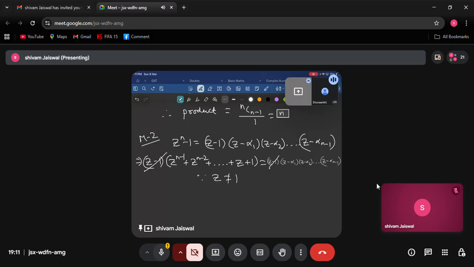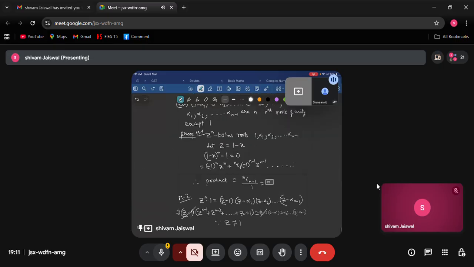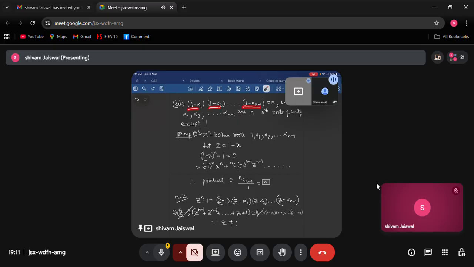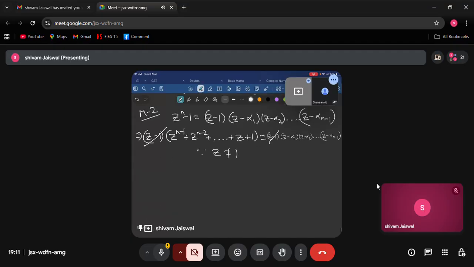Now tell me, in order to get the expression, what shall we substitute in place of z? I need the value of (1 minus alpha 1) into (1 minus alpha 2) into (1 minus alpha n minus 1). So what shall we substitute in place of z? Right. So putting z is equal to 1, those who are online, are people getting? Putting z equal to 1, we get (1 minus alpha 1) into (1 minus alpha 2) up to (1 minus alpha n minus 1). This will be equal to how many times we need to add 1? Tell me. N times. So this is n. Hence proved.